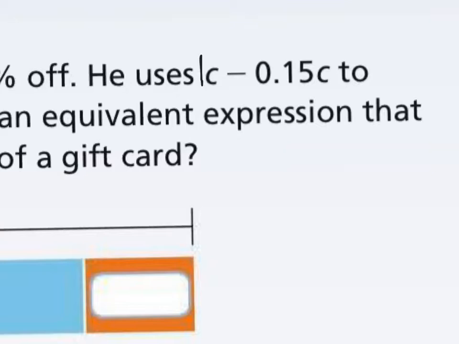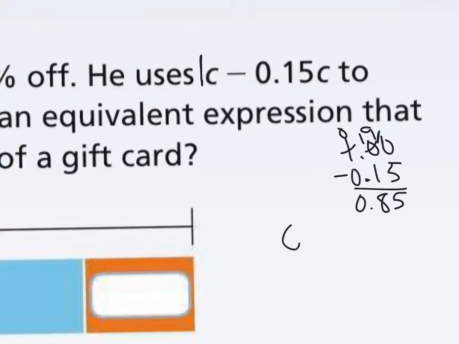And then these are like terms, so we're allowed to combine these together. So essentially, we're just going to take 1 minus 15/100. When you do this, make sure you line up your decimal points when you go to subtract those. So when you subtract, if you're doing this by hand, technically we'd be borrowing across here. And then we would get 85 hundredths. So this would be 85 hundredths C